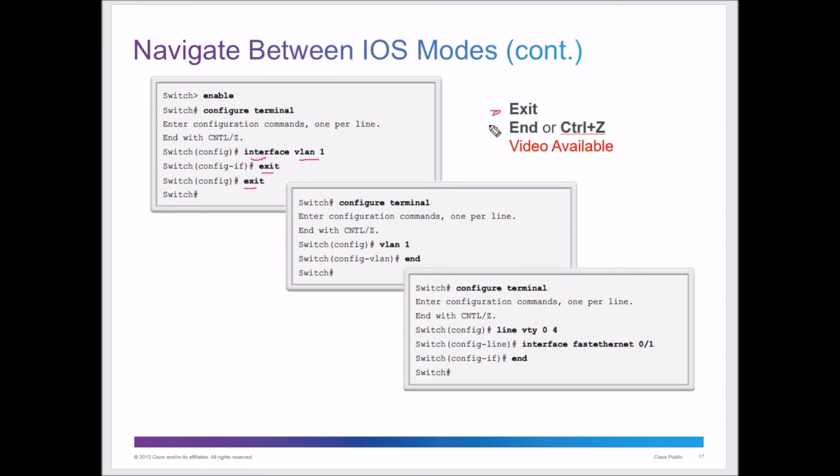You're going to remember that you type EN to get in. When you get into user exec mode, to get into privileged exec mode, you'll just type EN. To configure the terminal, you'll type CONF TER. To go into interface, it would be INTER. And then you can tab and then go to VLAN 1 and so forth. And you'll just learn as you use it more and more that exit takes you back to a certain level, end takes you back to a certain level, and Control Z as well. And there's a video available again inside the Netacad course. You should be able to get that.